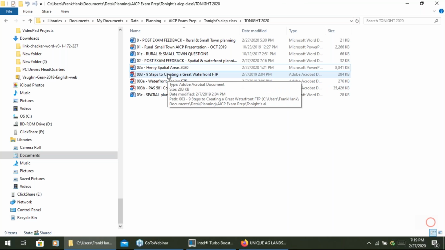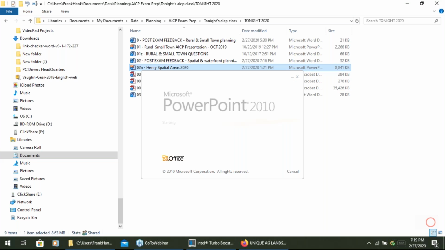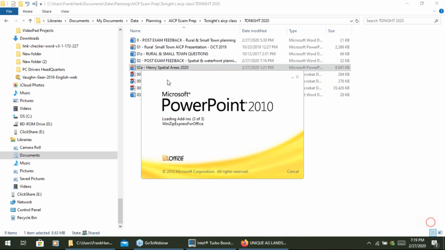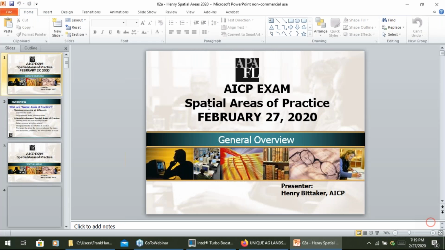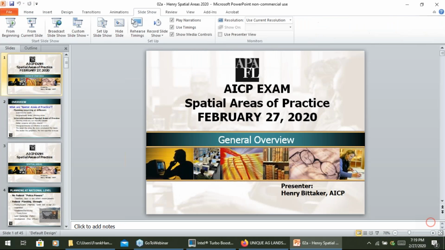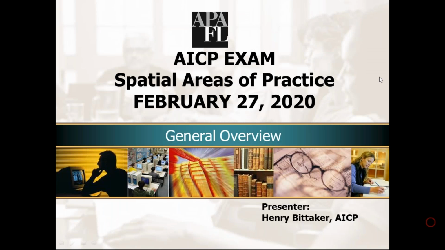I'm going to do first a broad overview on spatial planning, which is what type of planning happens at different levels of government, particularly. We touched on some of this a little bit, but we're going to do a little bit more. Some of these topics get covered more in other areas, so I'll just mention some of them, like when we talked about housing.